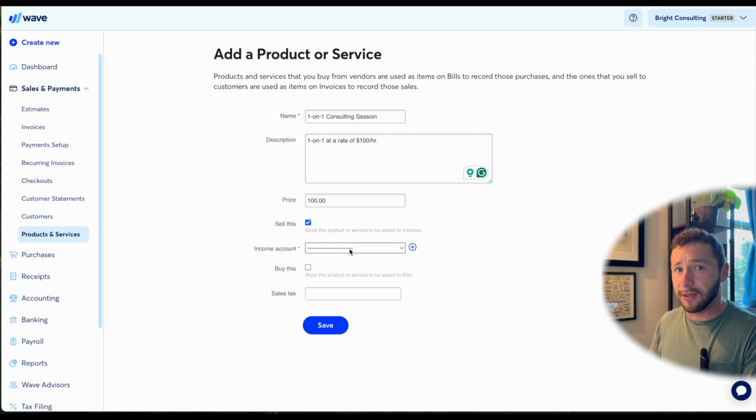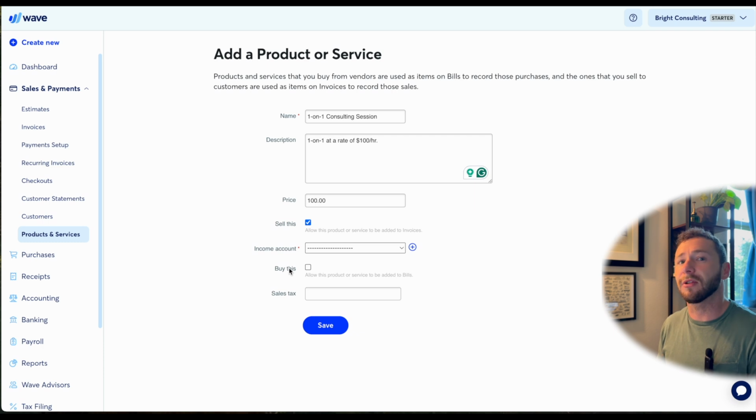You can also buy this. So this is getting into the realm of having a product that you keep for inventory. Maybe I've already said before, I'm going to say it again here. If you are maintaining inventory, like a significant amount of inventory, and that's like the mainstay of your business, I do not recommend using Wave. I definitely recommend using QuickBooks, something way more robust that will give you much more detailed information and more accurately track your inventory. I don't think Wave is quite there yet with inventory tracking,